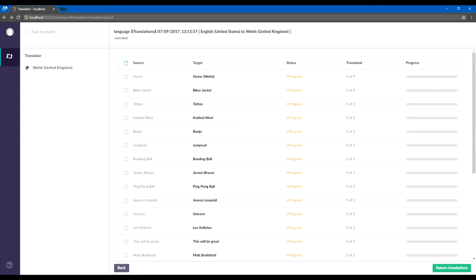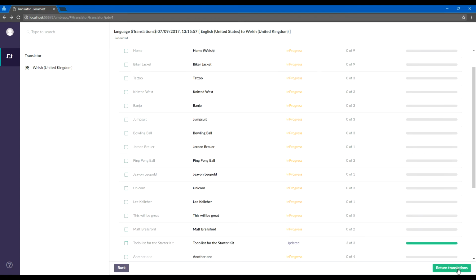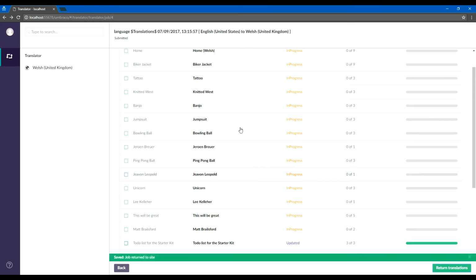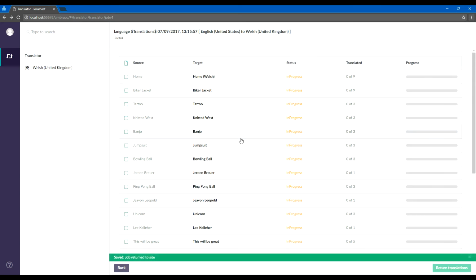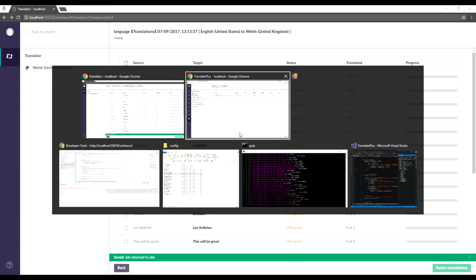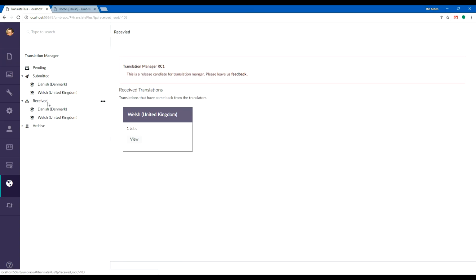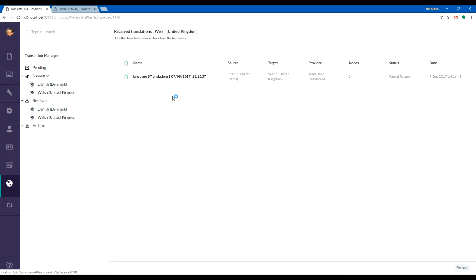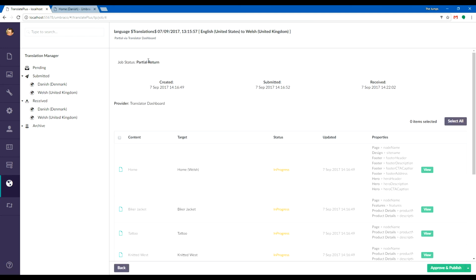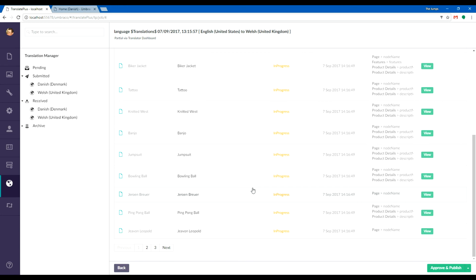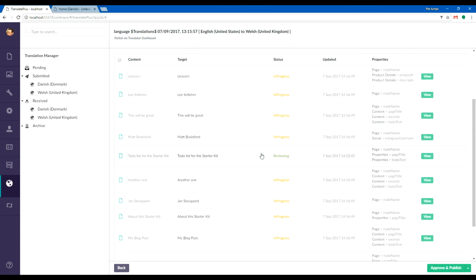Because we're using the inbuilt translator, we can actually return the updated translations, and what happens there is that we put a partial translation return in, so we don't have to necessarily wait for the full translation to come back. What we now see from an admin point of view within Umbraco is that this translation has been partially returned to us, and you can see there's actually not much at all because we only did one node. There's one node and we're reviewing it,